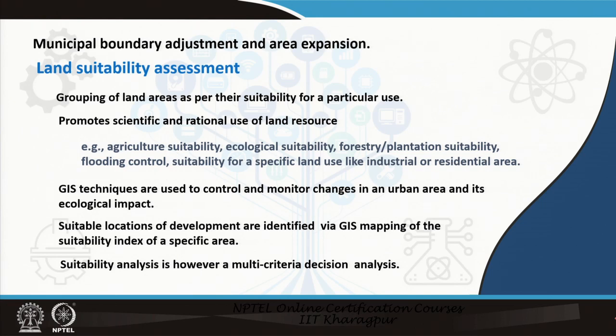In the last lecture, we covered municipal boundary adjustment and area expansion. We talked about how we determine the new land area that is required based on the total population growth of an area or the carrying capacity of an area. We have discussed that earlier. And then we also talked about how to expand the area, how much to grow within the existing urban boundary, where to expand the boundary, and when expansion takes place, the expansion actually tries to integrate surrounding villages.